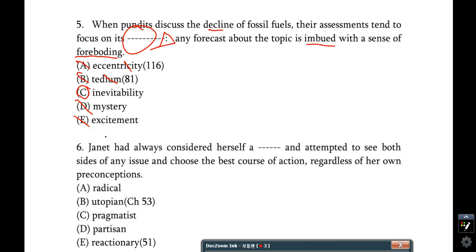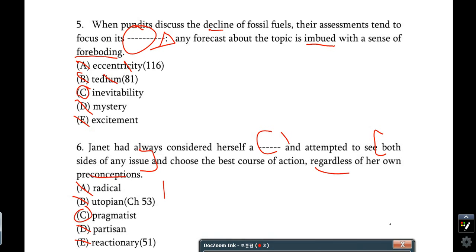Number 6, Janet had always considered herself a blank and attempted to see both sides of any issue. And here's our target: see both sides of any issue, regardless of her own preconceptions. So that sounds like a pragmatist to me. Radical is strongly favoring one side or favoring extreme action. A utopian is an idealist who wants the world to be perfect. Partisan would also be the same as a radical, and a reactionary would be the opposite of a radical. A reactionary strongly opposes change. So a pragmatist is the only person who would not be